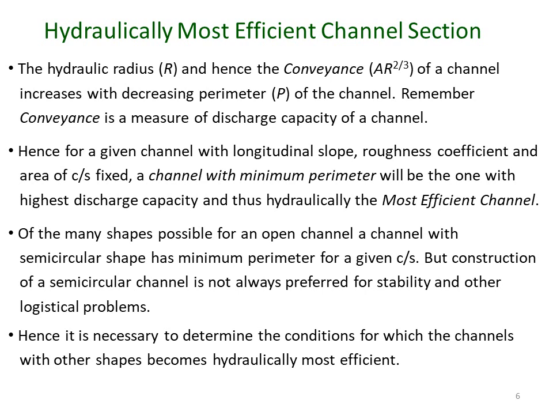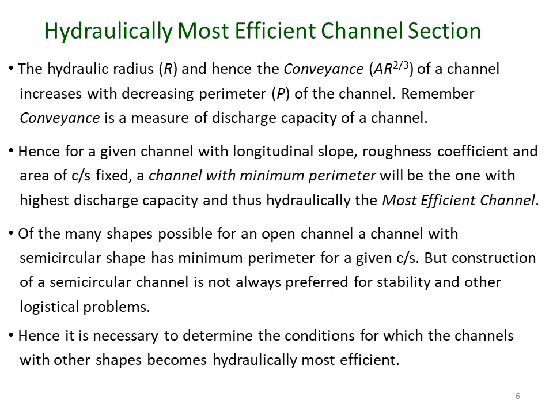Remember, conveyance is a representative of the discharge capacity of the channel. So that means that for a channel of given cross section, if we can decrease the perimeter, then the conveyance is going to increase, or the discharge capacity in turn is going to increase for the channel. So here, for a channel for which longitudinal slope, roughness coefficient and area of cross section are already pre-designed,